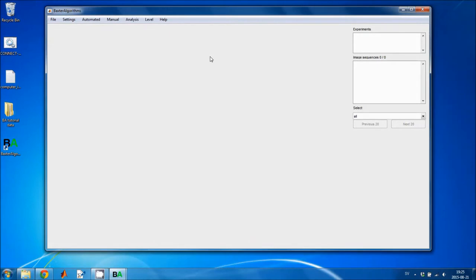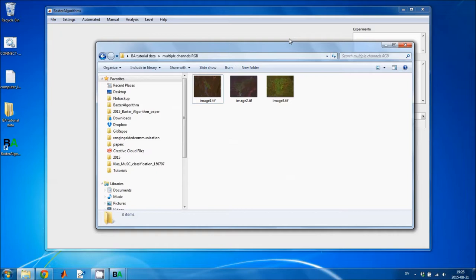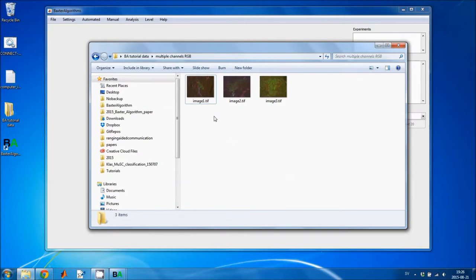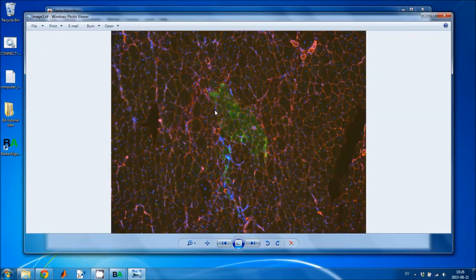This tutorial describes how you can process multi-channel images in the Baxter algorithms. To demonstrate this, I have a small data set with 3 images, and these images come from fluorescently stained muscle sections,